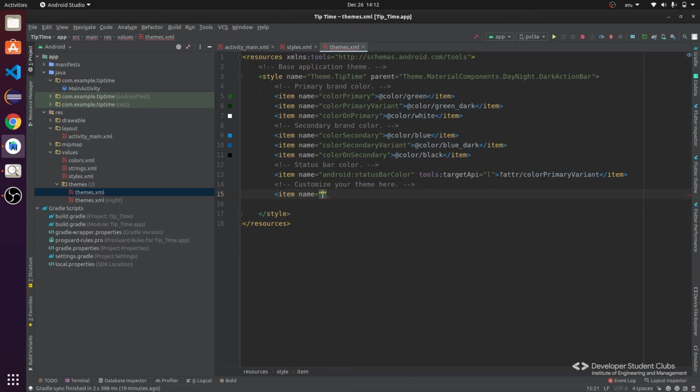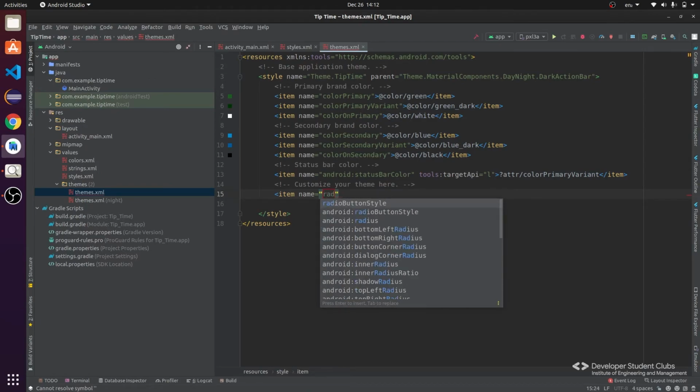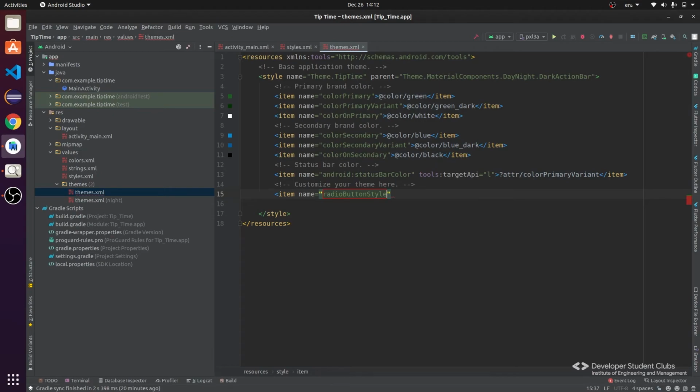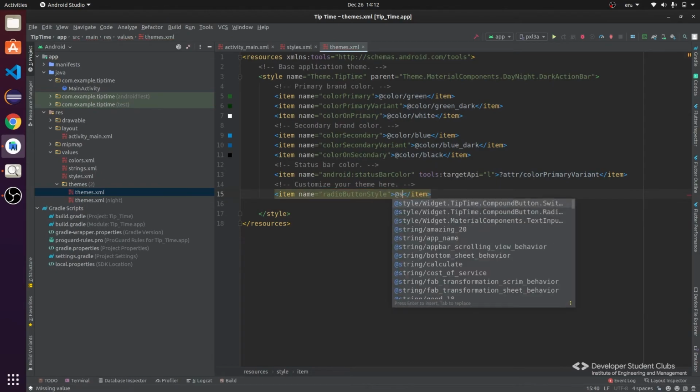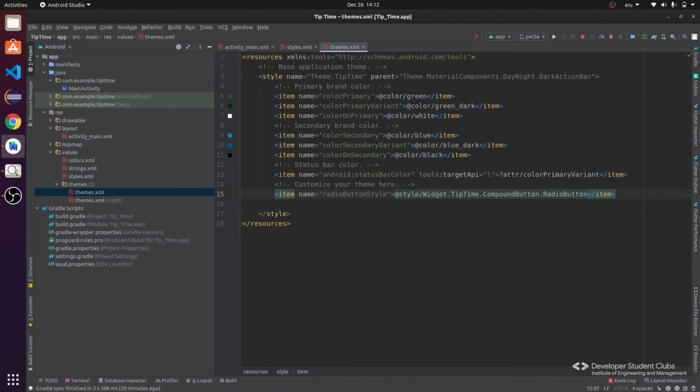So first of all, we'll add the radio button style. So we'll keep the name as radio button style. Yeah, that's okay. Now it's visible as a suggestion, and it will be defined as style/widget.tiptime.compound button. So this we have defined where the style for radio button is mentioned.